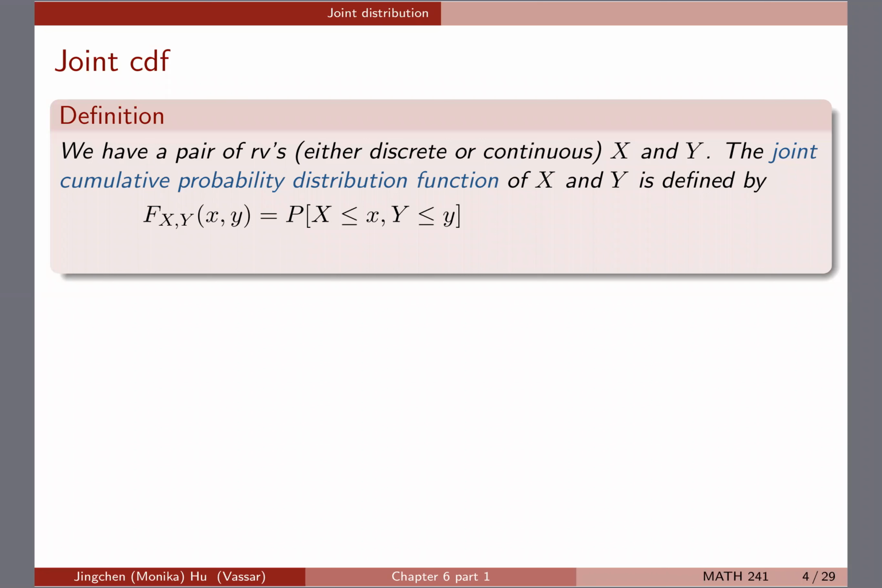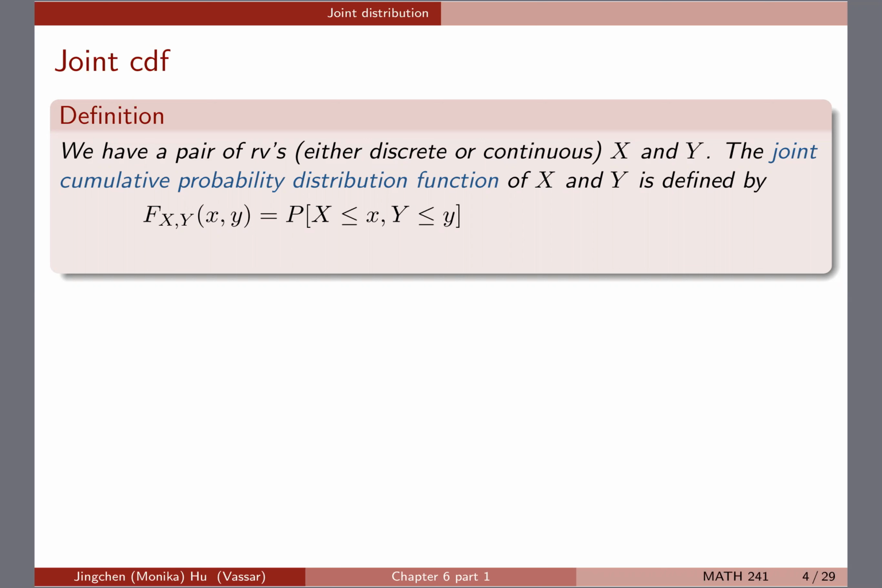The first definition we cover is the joint CDF, Joint Cumulative Distribution Function. We have a pair of random variables. They can be either discrete or continuous. We denote them X and Y. The joint cumulative probability distribution function, the joint CDF of X and Y, is defined to be, so notice here